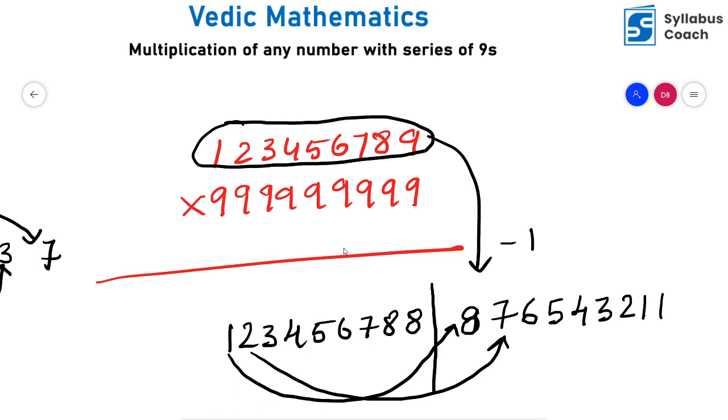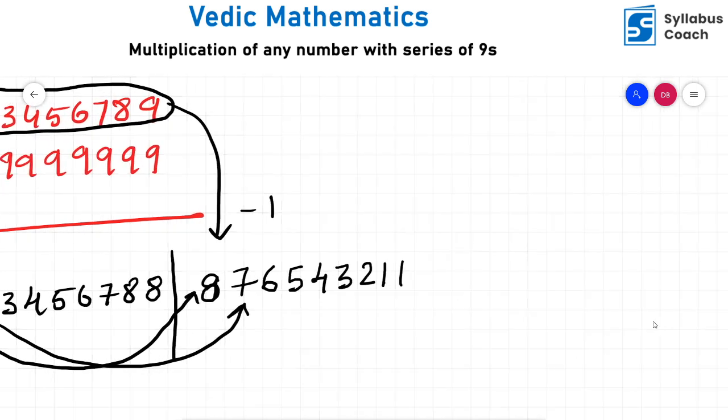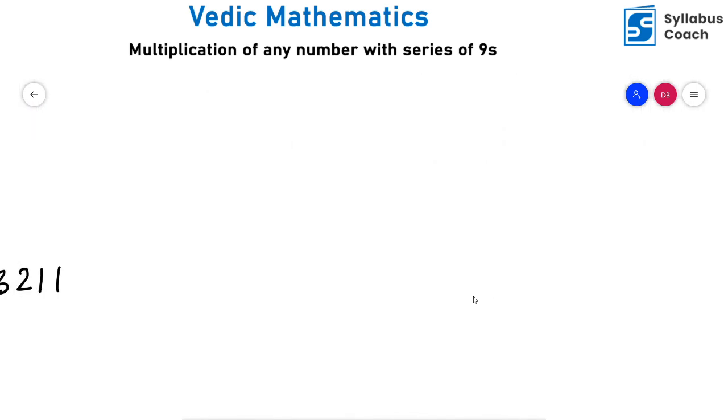Even if you try to calculate this question in the calculator, it will give you an answer in exponential form, and that would be very difficult for you to convert. So when you know these kinds of Vedic mathematics techniques, you'll be able to solve questions in very less time. Hope you are clear with all these kinds of questions now. Now, some students would be having a doubt with different types of questions. Now, if somebody asks you to calculate 56 into 999, how would you solve this question?